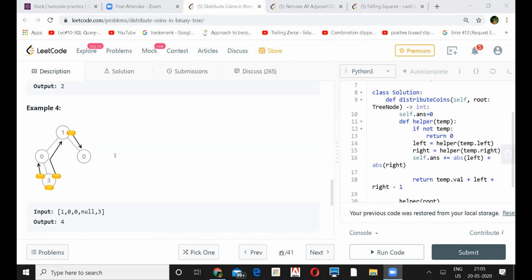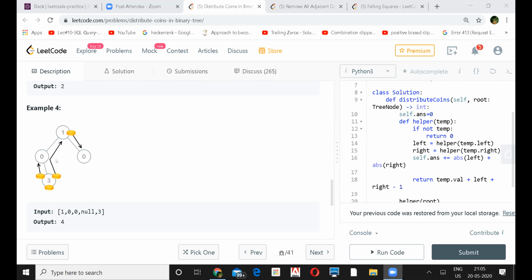But in this example, the root node has a value one, but they are not counting it there, right? No, because zero also needs to have one. Zero is also supposed to have one, right? What I was thinking is, whenever there is a node which has more than zero, then you have to count that movement from that node.